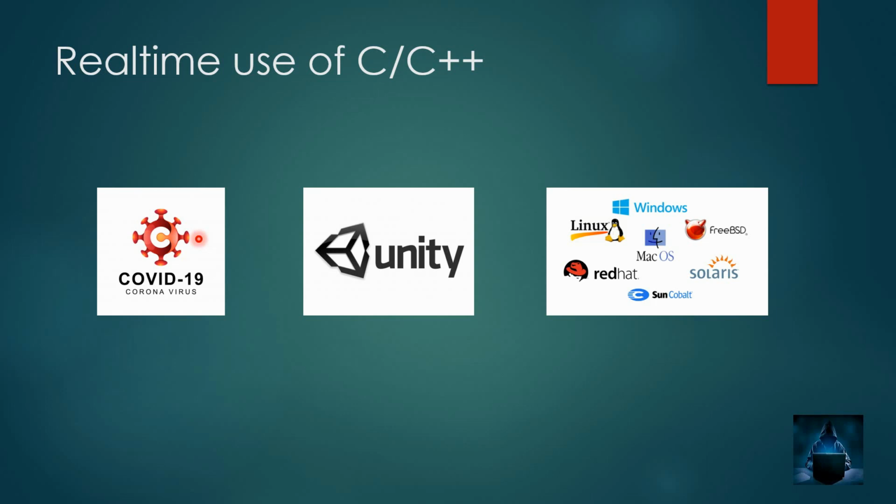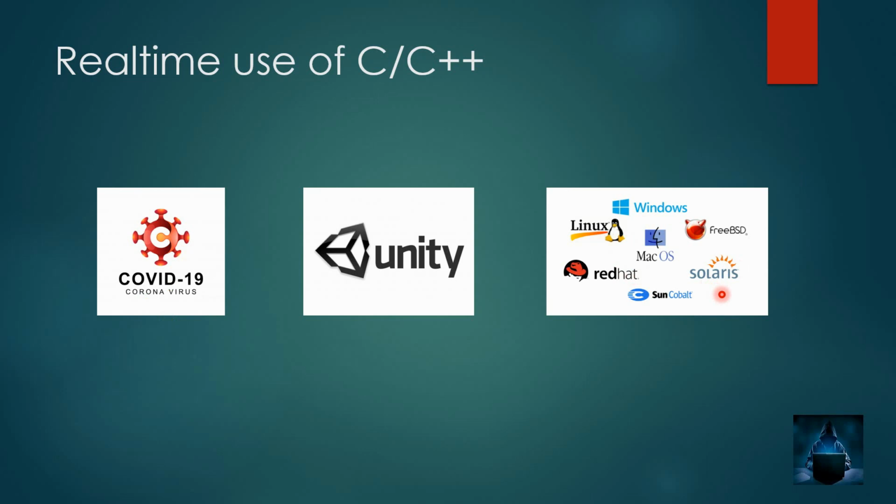So next is real-time usage of C and C++. Coming back to the first logo, we have COVID-19, right? We are facing this coronavirus issue. In the same way, we have one more, the computer virus, that attacks every computer or every server, right? Viruses are mostly written in C and C++. Even in Google, if you check, most of the virus files are written using C and C++, because all the operating systems, see here, Windows, Linux, Red Hat, Mac OS, Solaris, most of the popular operating systems are developed using C and C++.